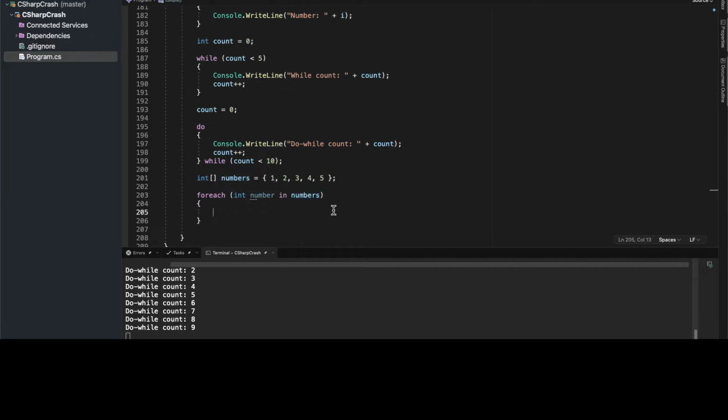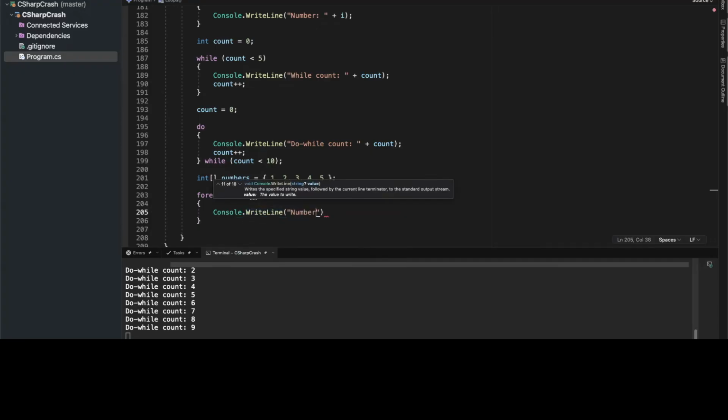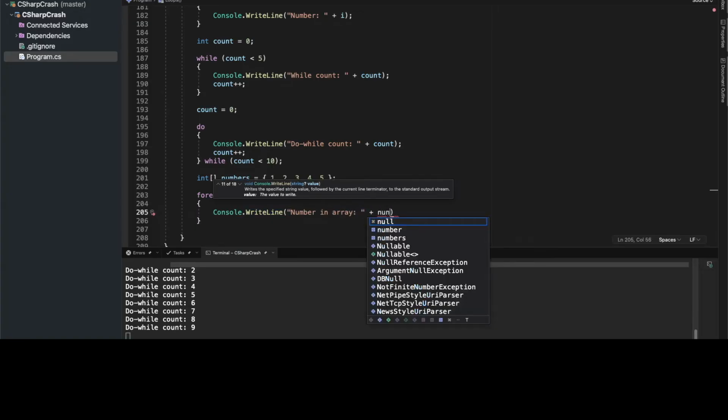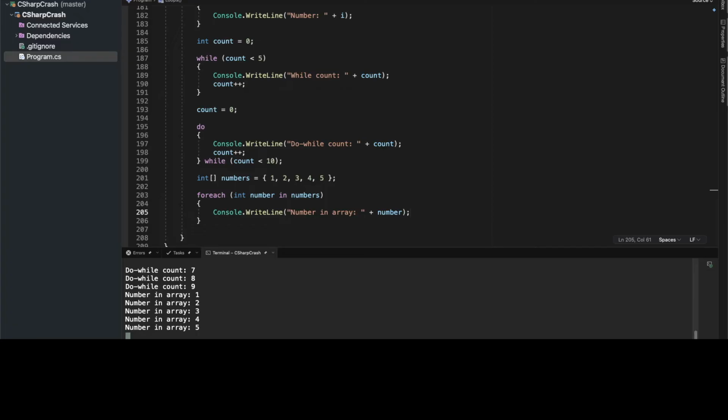And let me show you how this works with the output. So if we Console.WriteLine, and we say number in array, for example, and we just output the number. Yep. And let's run that and see what we get. Cool. So now we see that what the for each loop is doing is starting with the number 1, which is in the 0th index, the index of 0,